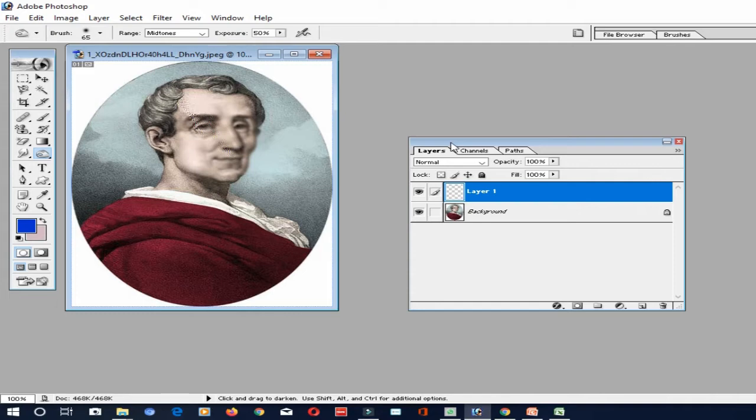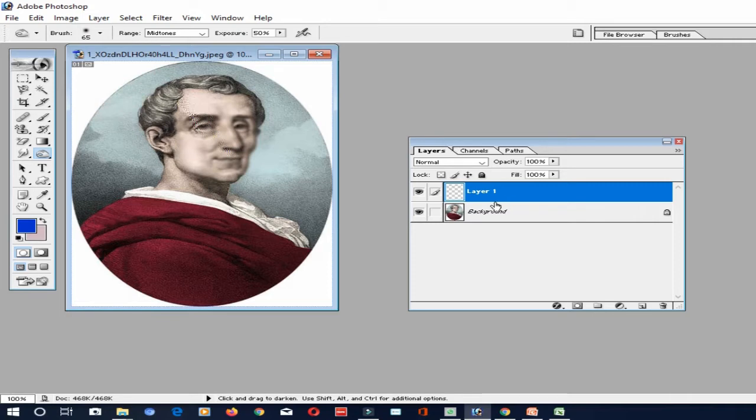When you create a new image with transparent content, the image does not have a background layer. The bottommost layer is not constrained like the background layer. You can move it anywhere in the layers panel and change its opacity and blending mode. So let's see how to convert this background layer to a layer to change all these attributes.